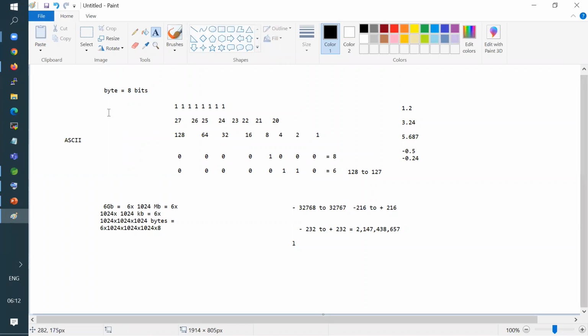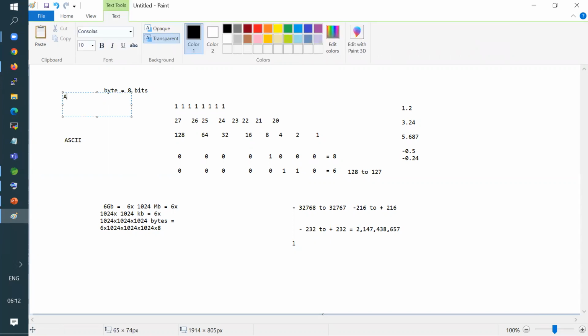But how can we store English alphabets is the question now, like A, B, C, and so on. So how does a computer store these kinds of letters, English alphabets, or in general the alphabets of any language, not just English? Internally the computer uses this ASCII convention. Okay, ASCII convention is nothing but